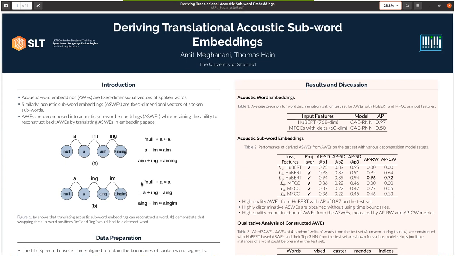For example, if we have a word "aiming" and we have obtained its acoustic subword embeddings, which are A, IM and ING, we can translate them in the embedding space like this and get back to the original acoustic word embedding. When we say translation in embedding space, basically we say they are getting translated by subword embeddings. So we have null, then we add A and get the unit embedding of A, then we translate A with the subword embedding IM and get "aim", and then we again translate with the subword embedding ING, and we get